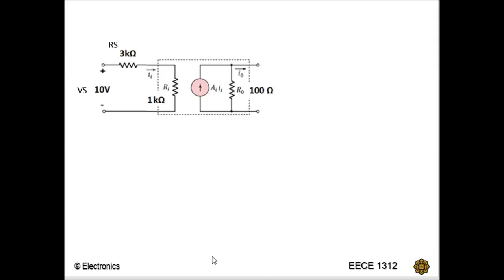Okay, so now for part B, the question asks you to calculate the current gain, AI. The question gives you that the short circuit current is 100 milliampere. So what it means is that when there is a short circuit here, the current AI I in, equivalent to I0, will be 100 milliampere. So that's what it means.